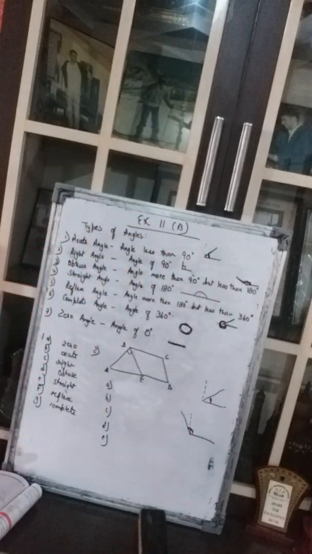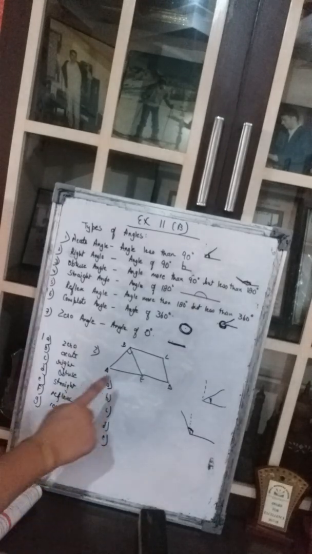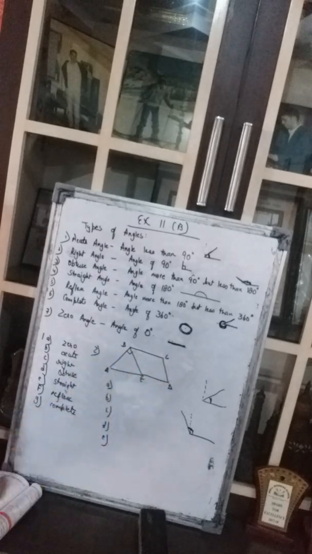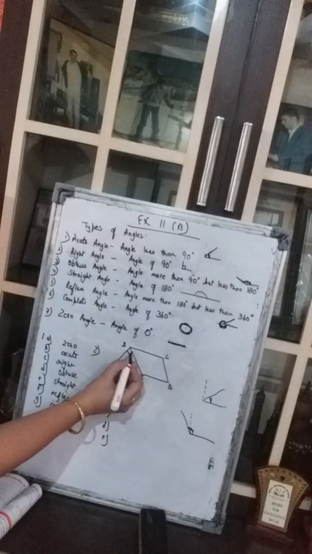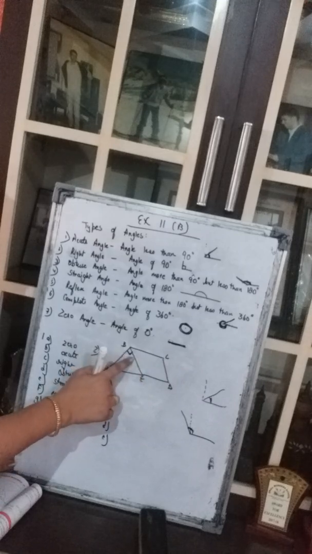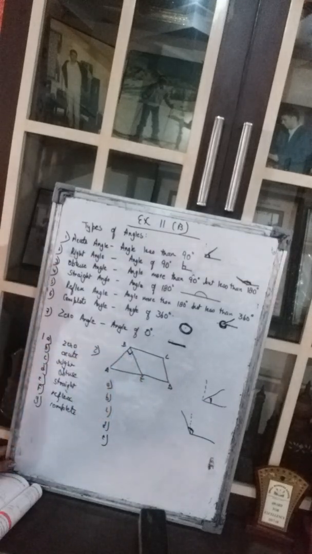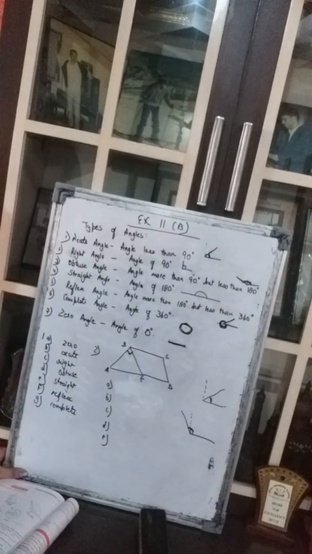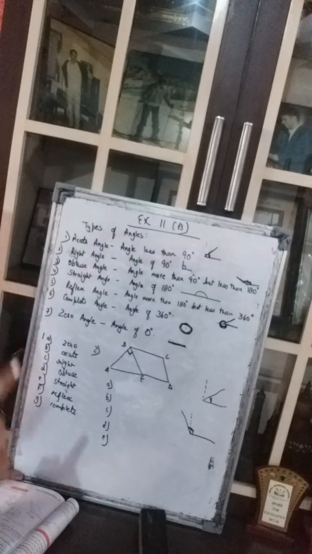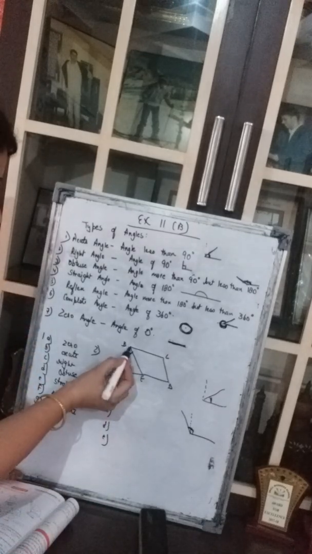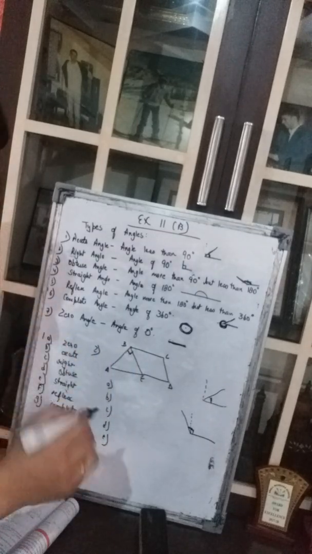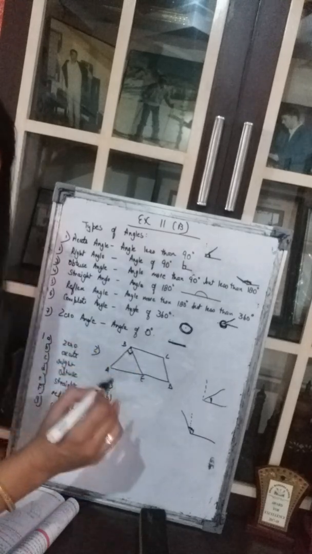Now we come to the second question. Second question, see girls, please understand it very carefully. The diagram is given to you. A, B, C, D, E. Okay. And here they have already shown which angle this is, where they'll make a square. Which angle is this? It is 90 degree. You know it very well. Now what are they asking? They are asking, we have to mention an acute angle at B. At B means that angle is being formed at B. So that B word will always come in the center.